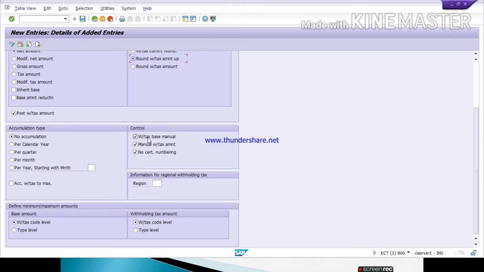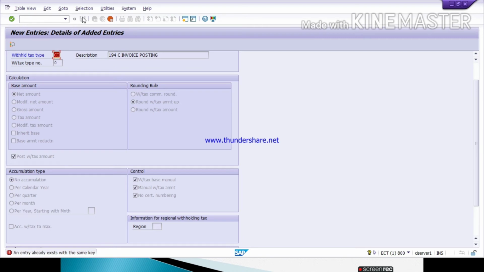Then in control, you have to click on these three options. Then in base amount, you have to click on withholding tax code level. And for withholding tax amount, you have to click on withholding tax code level. Then click on save. This key already exists with the same key. So like this you have to define. This we have defined for 194C invoice posting.